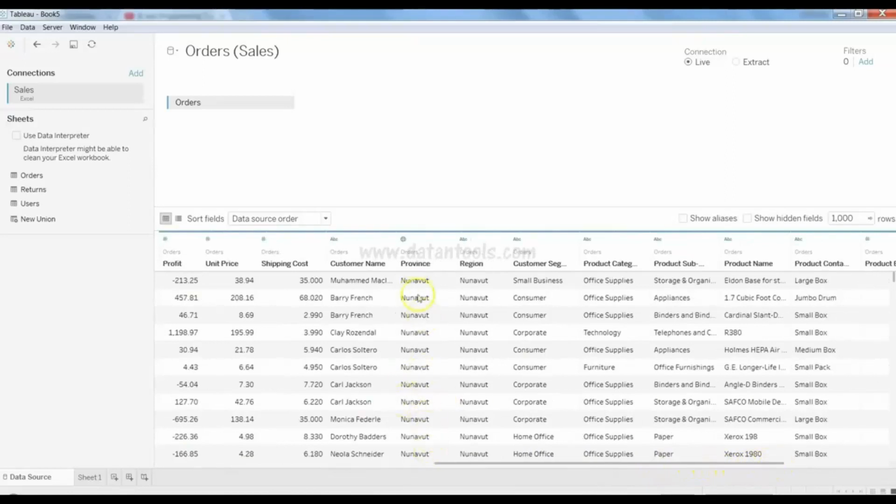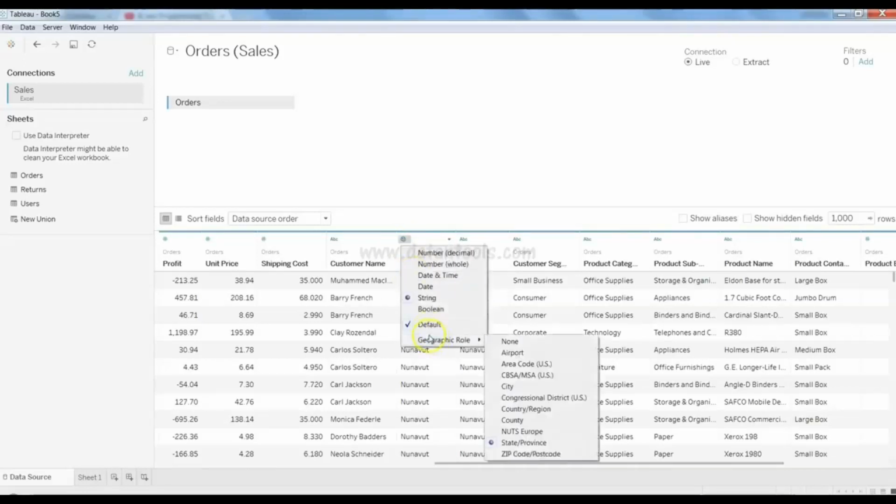Apart from this, I want to put a focus over here on a globe icon, and what it indicates is that it's geospatial data for use in the map. Tableau has an internal table which indicates whether this information matches that table, and if it does, it indicates that it is map related information, and by default specifies it as a